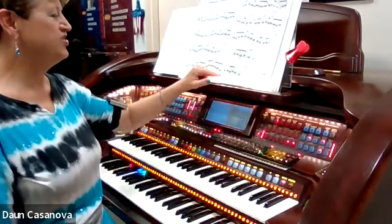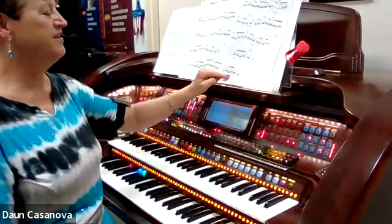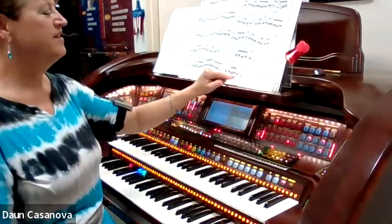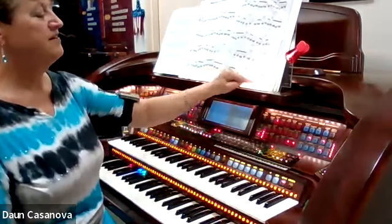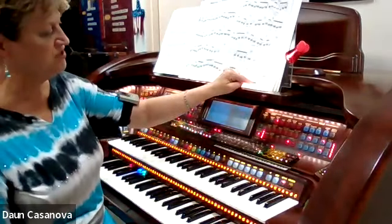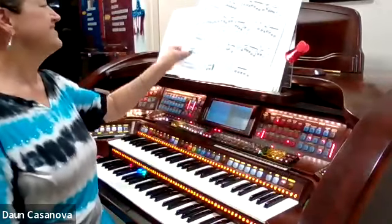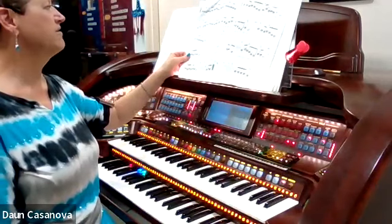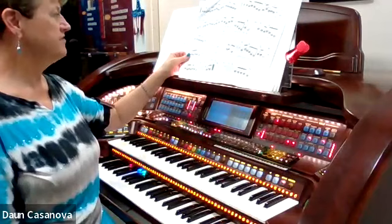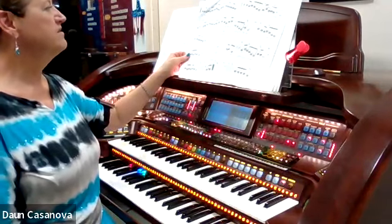Last line on that page, G4, G4, F sharp 3, G4, F sharp 3, E2. The last 2 notes on the page, E2, F sharp 3. Page 270, G4, F sharp 3, E2, F sharp 3, E2, F sharp 3, G4,